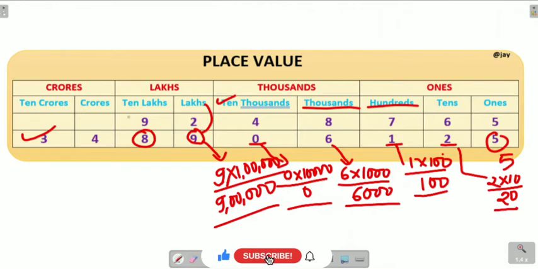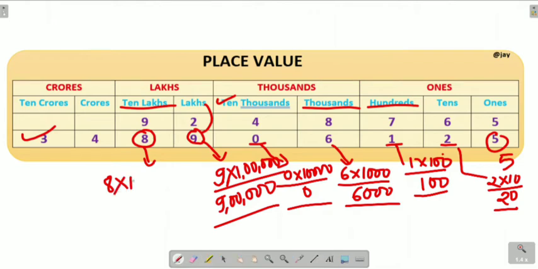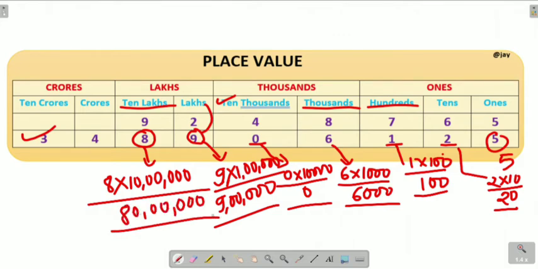Here we have 8 and the place is 10 lakhs. So here we will multiply 8 with 10 lakhs. So it will be 80 lakh. Here you can write that 80 lakh is the place value of 8 in this number. Now here we have 4. So we have to multiply 4 with the place, which is crore. So we have to multiply with 1 crore. So let me put the zeros: 1s, 10s, 100, 1000, 10,000, lakh. So its value will be 4 crore.